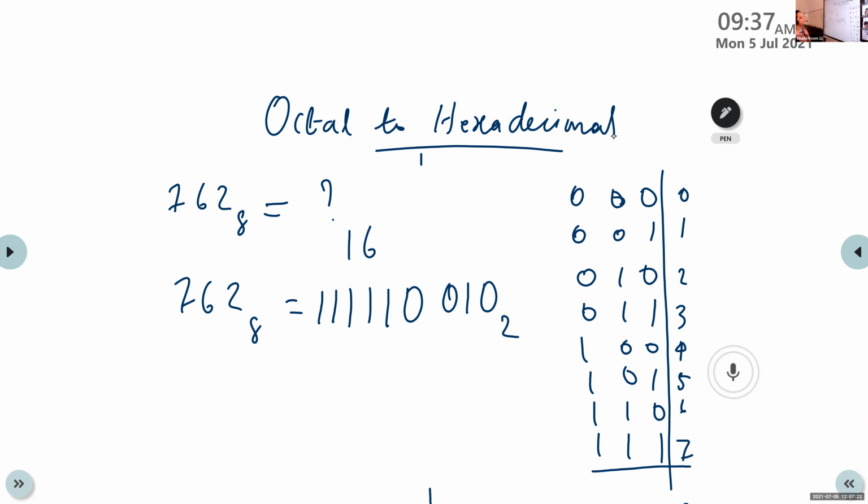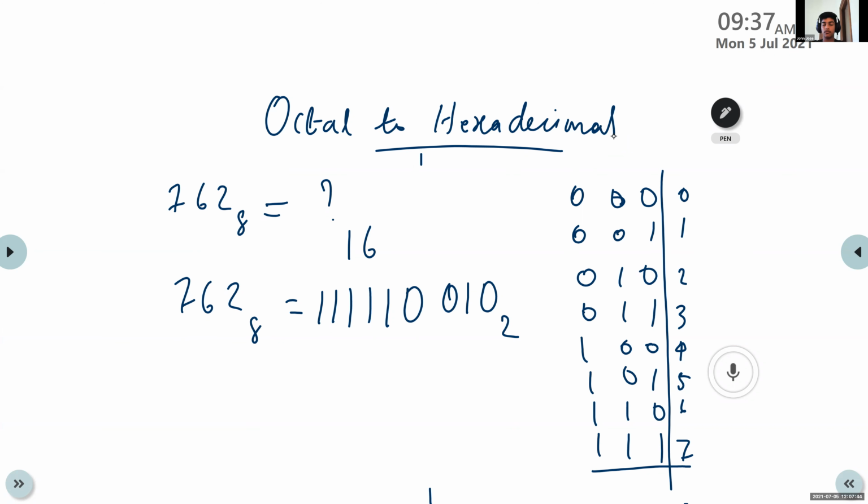How can we convert binary to hexadecimal? Using the 4-bit table. Then how? We should substitute with the numbers. Before substitution, divide from the least significant bit. Yes, we should group the binary bits.